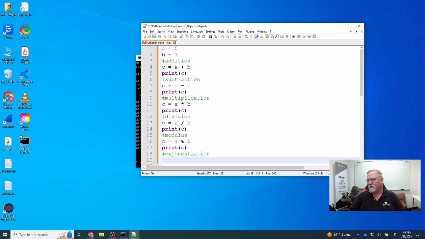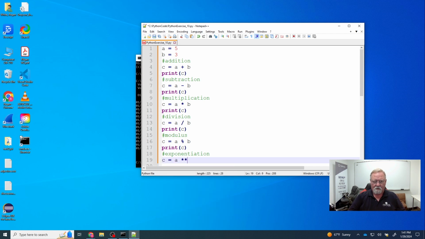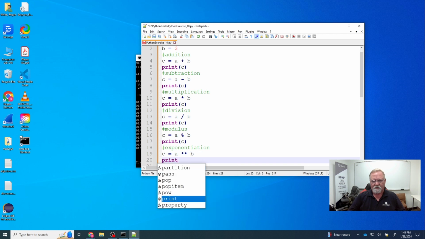Exponentiation, and we do that with 2 asterisks, like 2 multiplication symbols. So we're going to say C is equal to A to the bth power, print C,